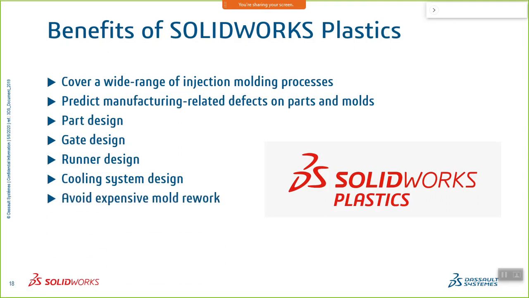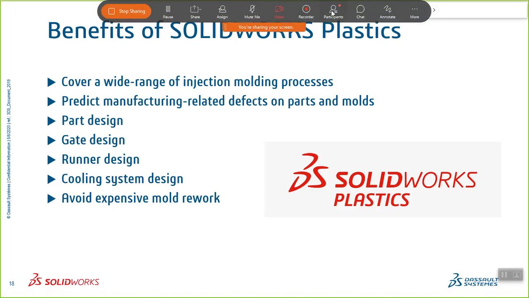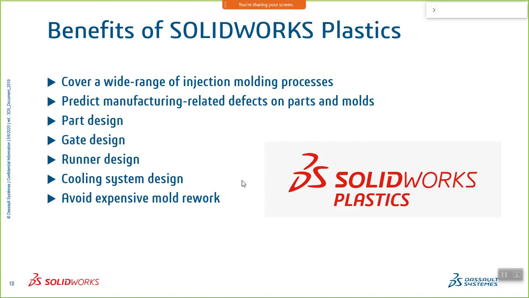Avoid expensive mold rework, right? So before, we can have an example like if an industry is not using software, beforehand it would have to create one product, eject it out from the ejection molding machine, and then it had to check for any defects, right, which was very much costly. But with this software, SolidWorks Plastics, you can beforehand validate your product for any of the issues, any of the defects, so that whatever part you are ejecting out of the machine is just correct, right?